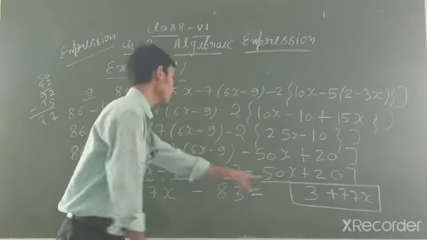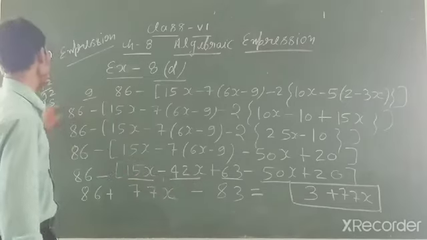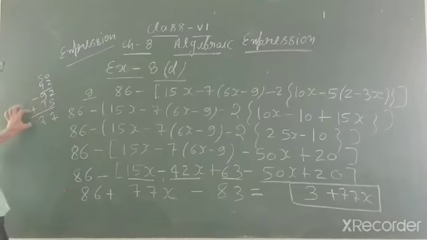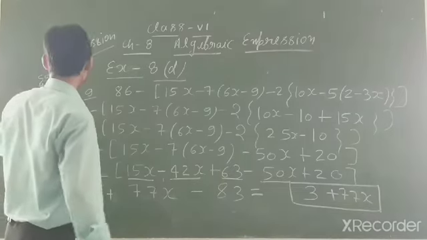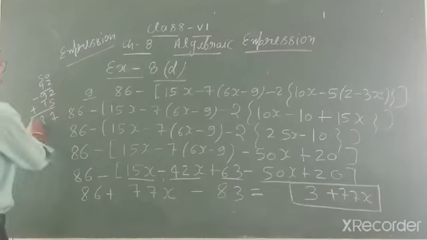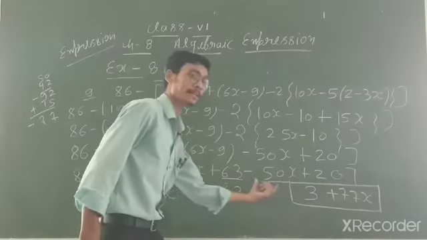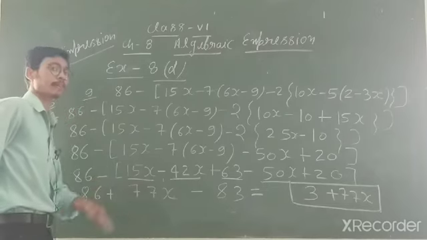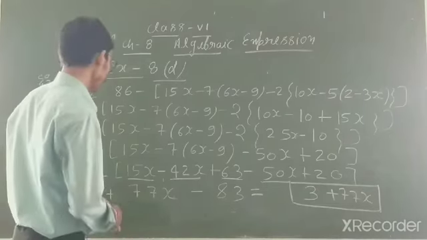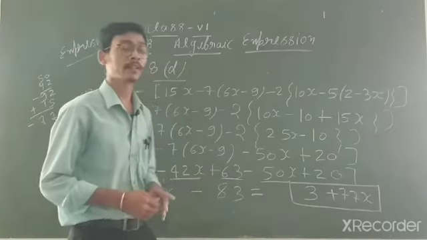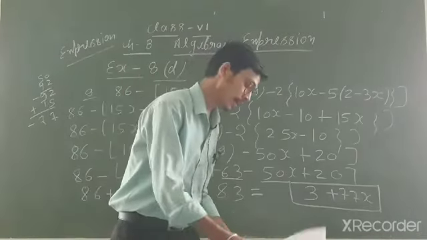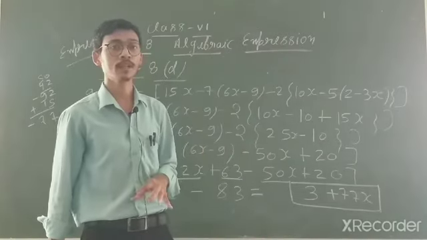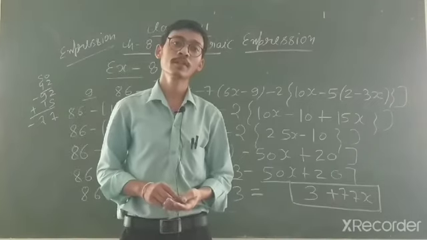And here minus 42 and minus 50 become minus 92. Right? Here minus 92 becomes, and this is plus 15. So minus plus minus, you know that. Clear? When you subtract 92 and 15, this will come minus 77. So minus 77 inside the bracket, but you will multiply this minus inside, so this minus 77 becomes plus 77. Clear, student? So now this is our exercise 8D. Now this is the end of chapter 8. So in the next video we will discuss simplification. Clear, student? So the rest of the questions you will do yourself, student. Okay, thank you.